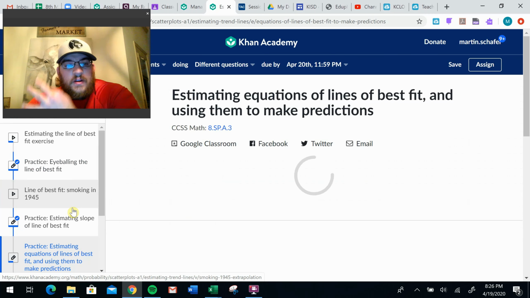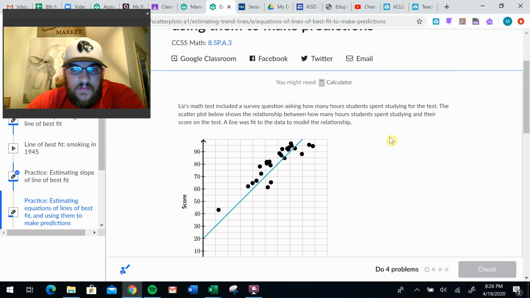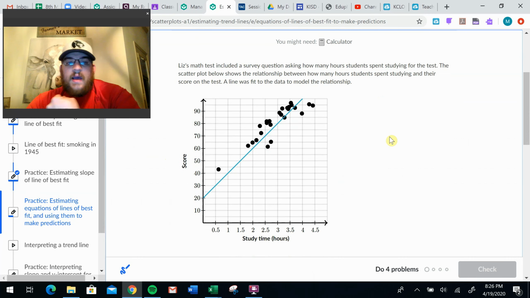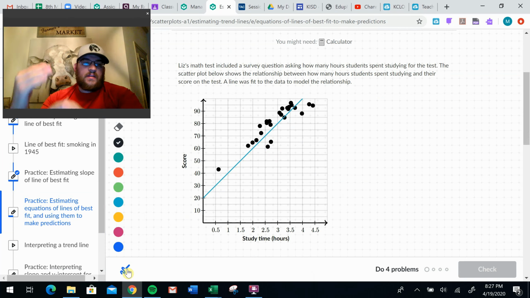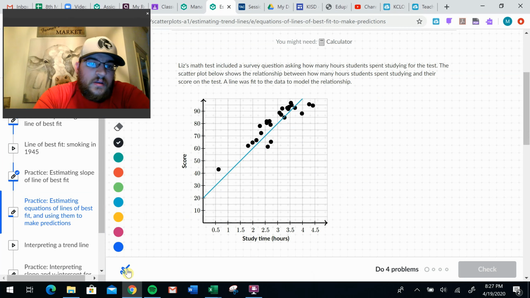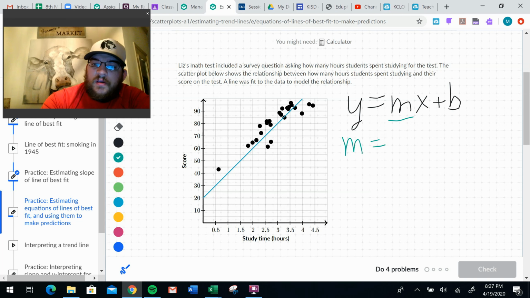Okay, let's move on to the third exercise we're doing this week. All right, what we're doing here is now they're going to give us the line. We have to find the equation and then estimate an answer from the graph. So remember, when we use an equation here, it's always going to be y equals mx plus b. Remember, m stands for slope,